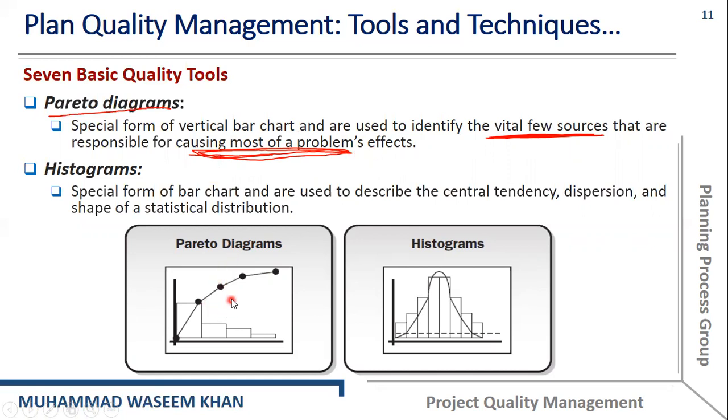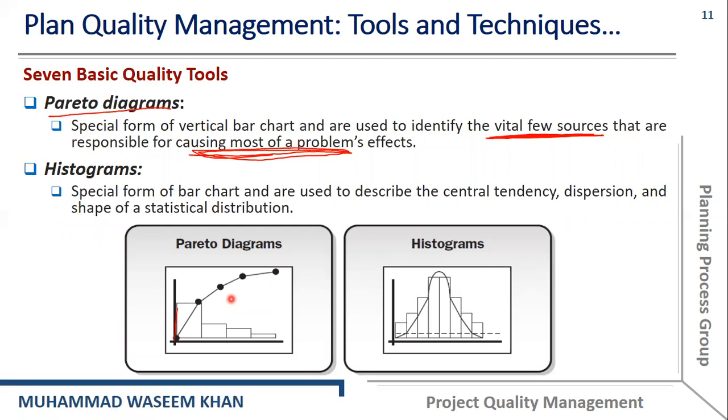So this is the Pareto diagram. It is based on the 80/20 rule. That means that 80% of the problems are due to 20% of the causes. So the Pareto diagram represents the amount of problems that occur due to a particular amount